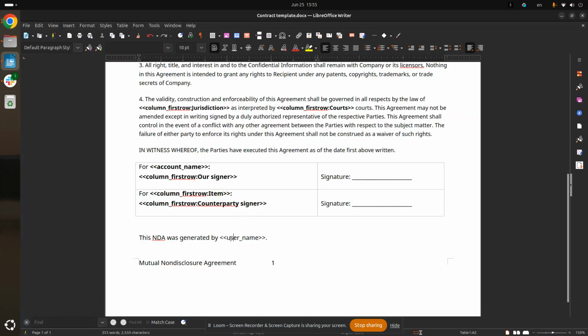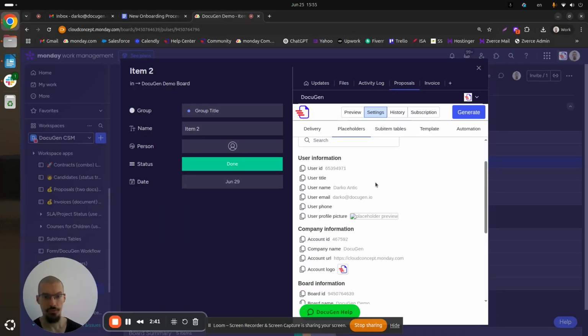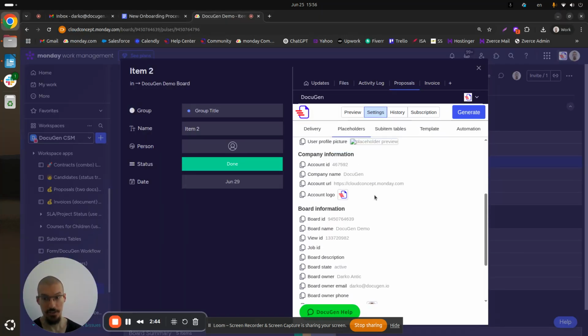You can format these placeholders any way you want. Like you would format this text, you can format the placeholders. For example, you can change font, change size, you can make them bold, highlight them. Really, you can do anything as long as you don't make any changes to the placeholder itself. So we should not put any additional characters inside of the placeholder. It will work fine. And you do that for every piece of information that you would like to show in